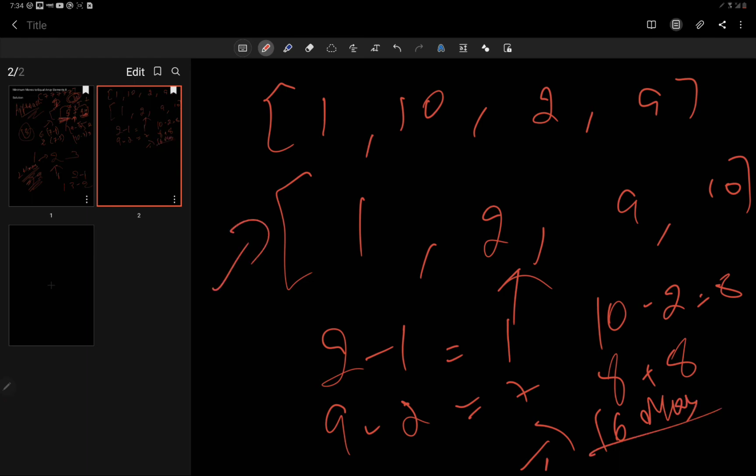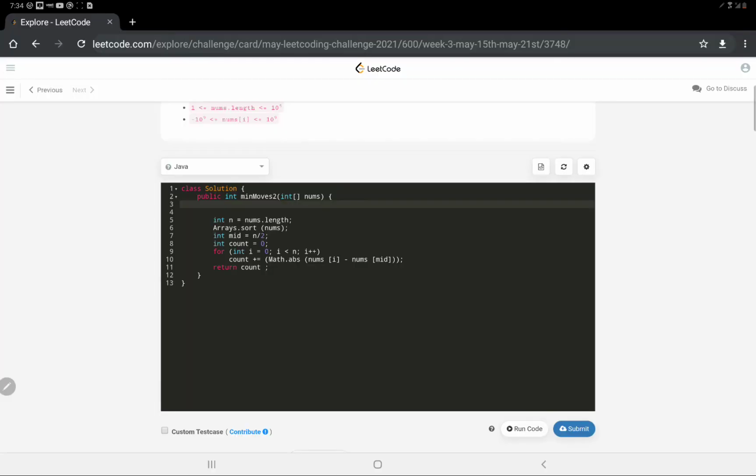So this was one of the examples given, and I have solved it, and I have told you how we are going to solve it. So I hope the approach is clear to everyone. If any of you is still facing any kind of difficulty with this approach, then when we see the code for this problem, I hope it would be much more clear. Alright, so now let's move on towards the coding part of this problem. Yeah, so here is the code for this problem.